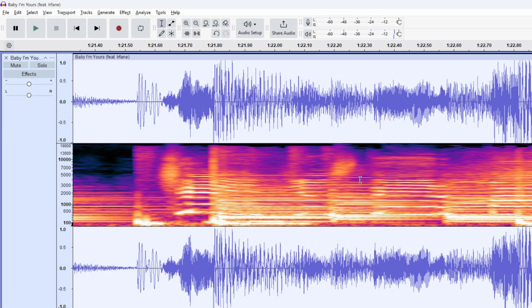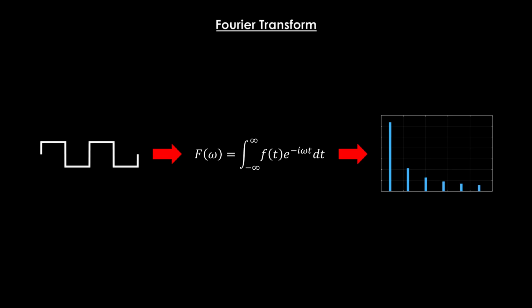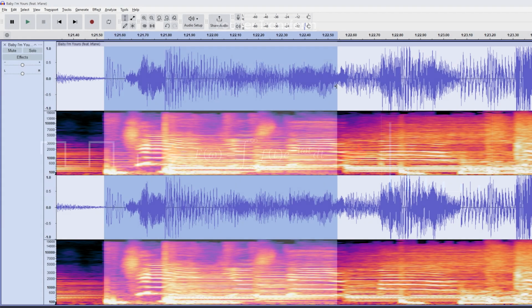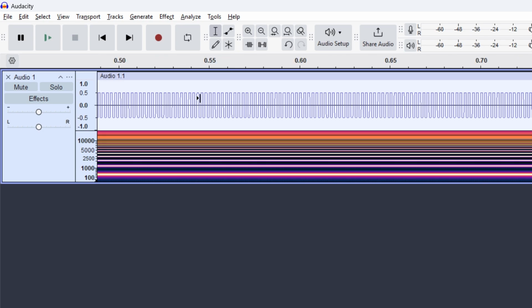When you process a frequency spectrum, you typically select a small portion of the signal, much less than a second. This is because, in music or speech audio, the frequencies and amplitudes vary greatly in the span of a single second, whereas the Fourier transform expects you to give it something repetitive. So, the spectrum of an audio of 1 second or more does not typically give us useful information, unless it is a constant sound.